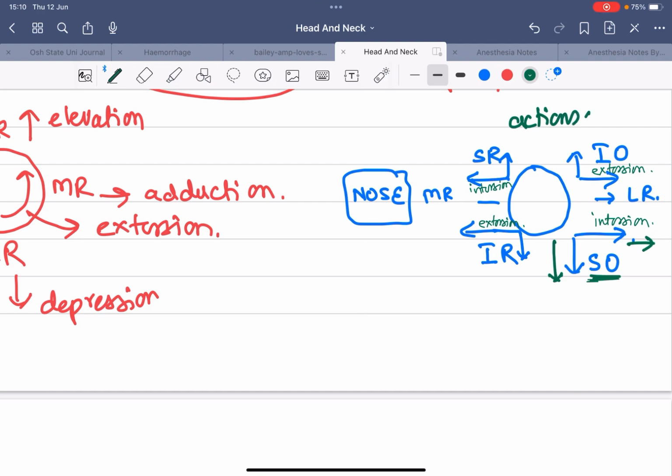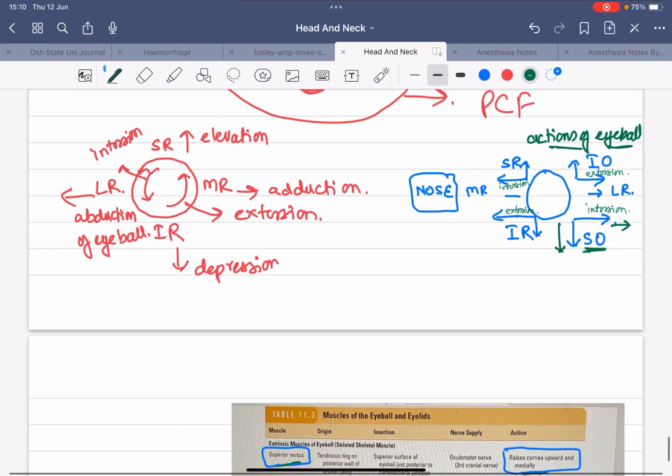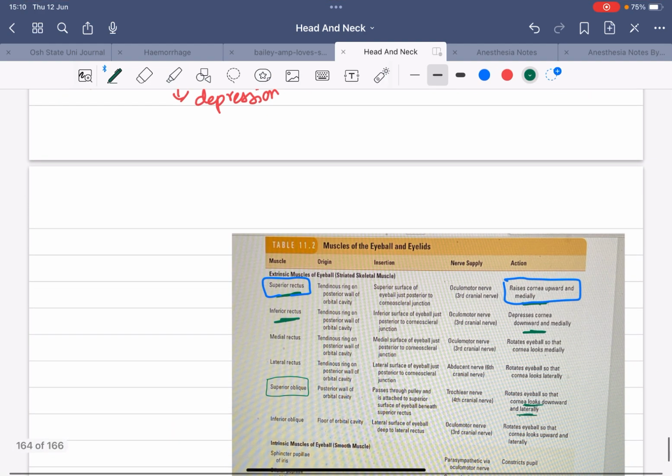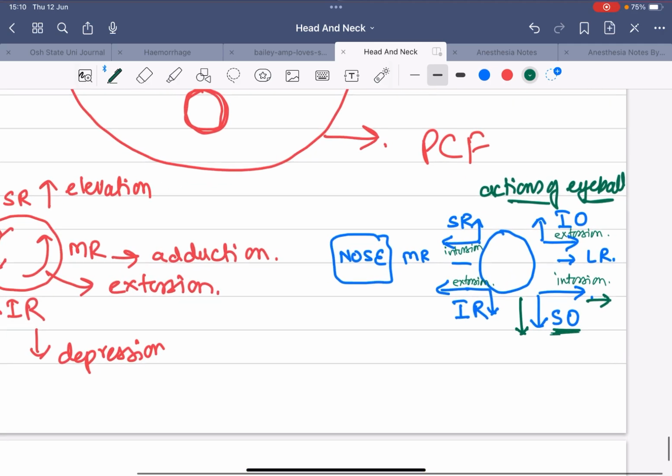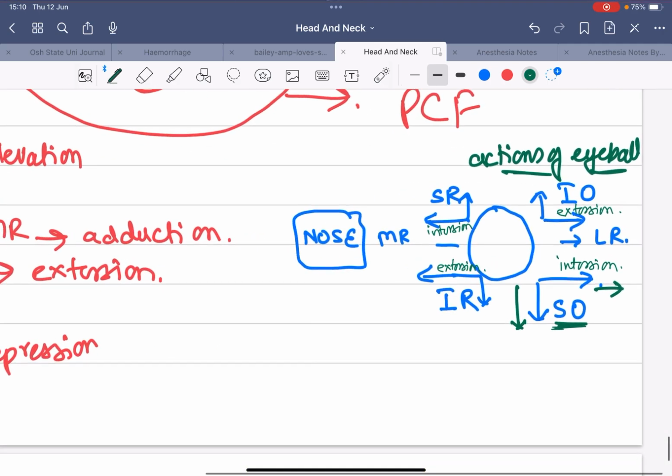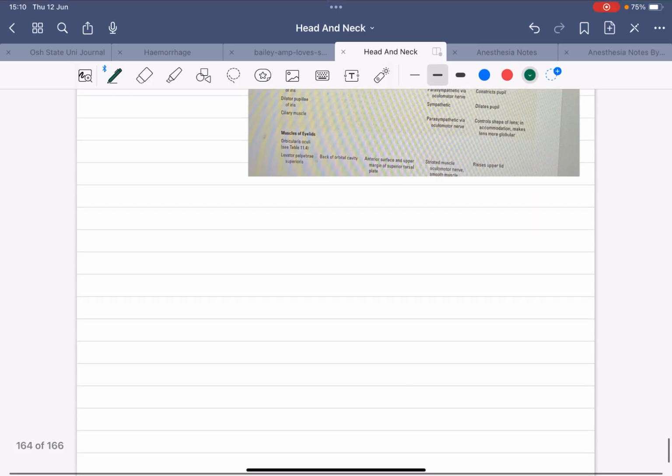You will never ever make a mistake here. Okay, so this is how you can remember it. Clear to everyone? So just remember this diagram. If you remember this diagram, you will never ever make a mistake. Okay. Now the nerves and their very important thing which